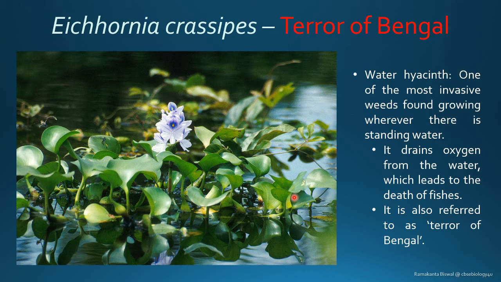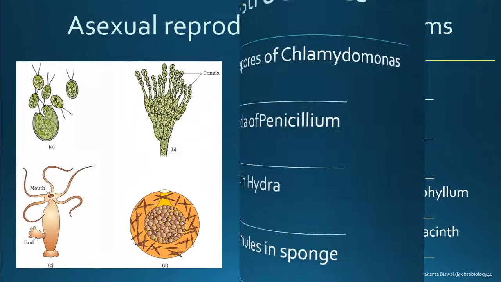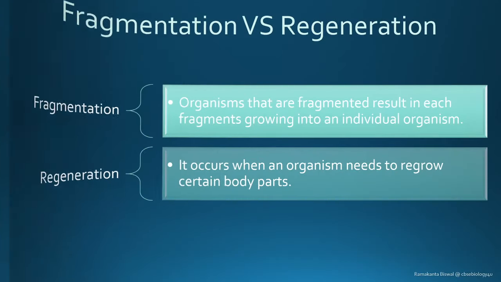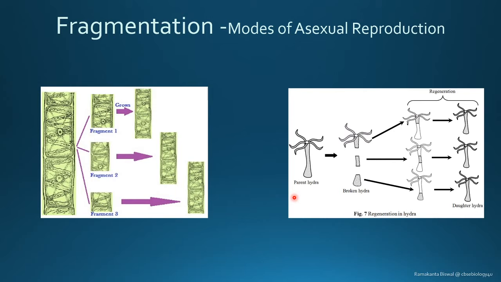Does fragmentation act on Spirogyra? Okay, I'll reframe the question. Is fragmentation followed by Spirogyra? I would say that Spirogyra actually follows the method of fragmentation for the sake of asexual mode of reproduction. Fragmentation is something that is followed by the organism, in this case Spirogyra, for it to multiply through asexual mode of reproduction.